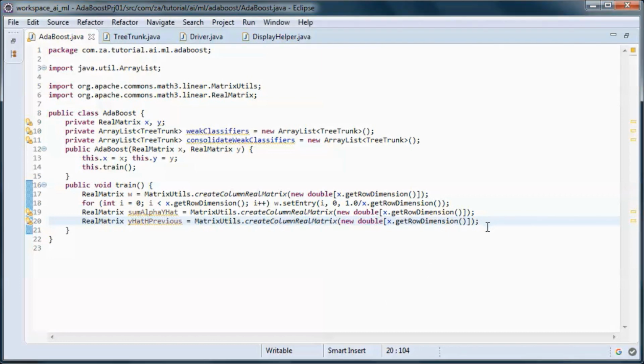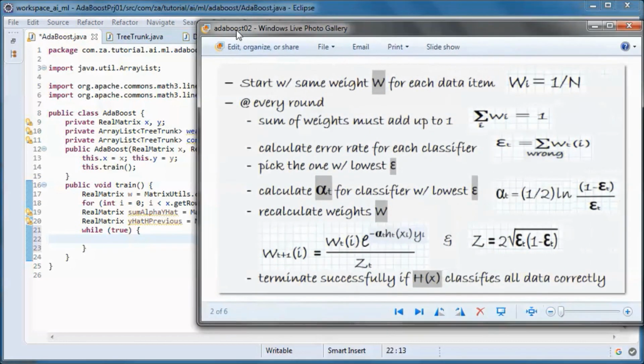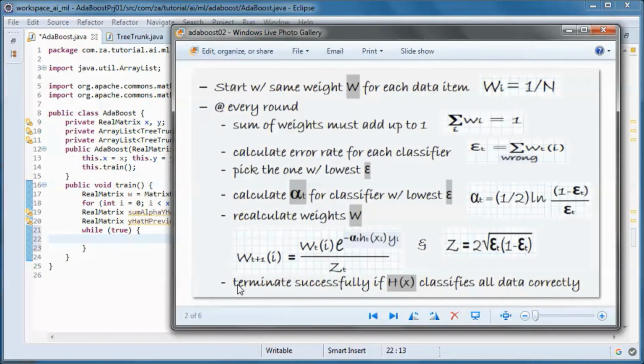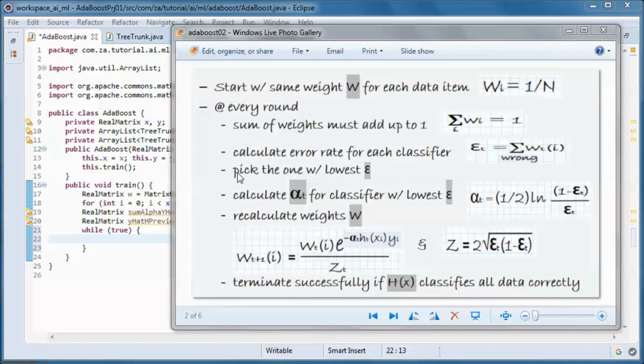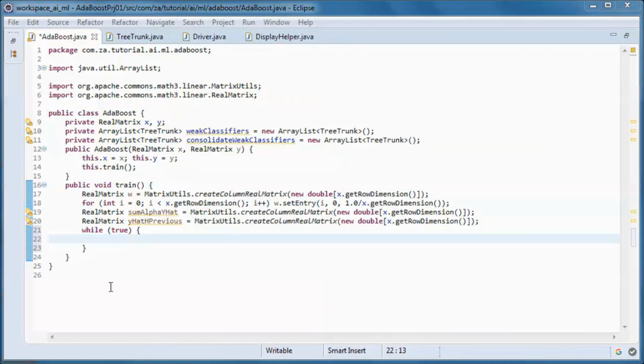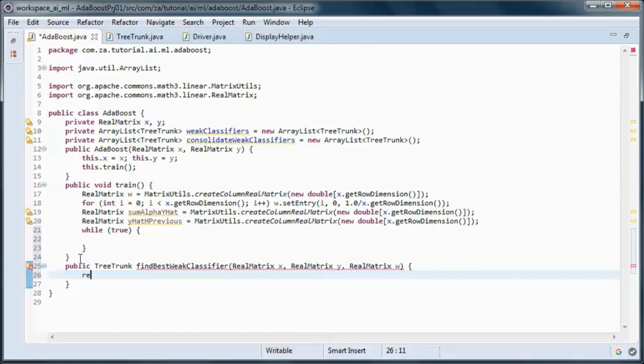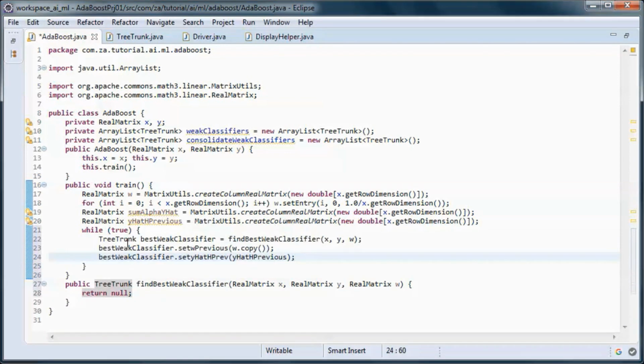And while true, we will implement this logic. So we need a method that picks the best weak classifier, and this would be the one with the lowest epsilon. So this method will do that, and let's return null for now, and we will call it from here.